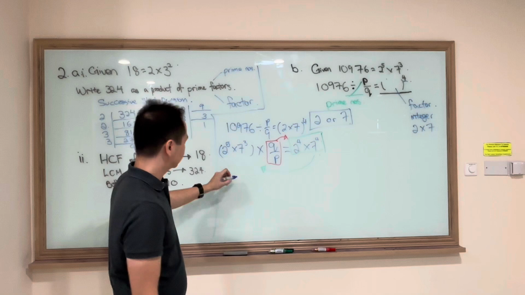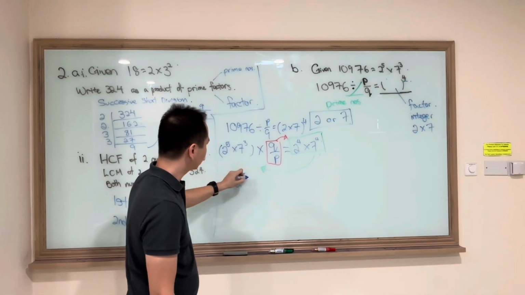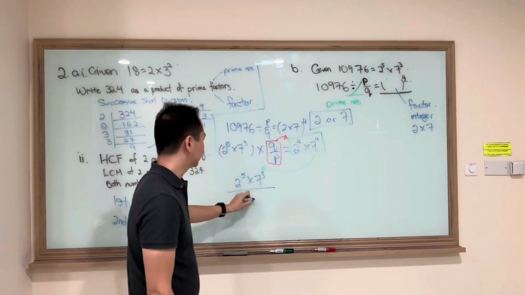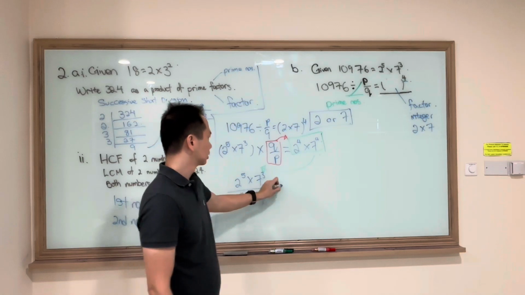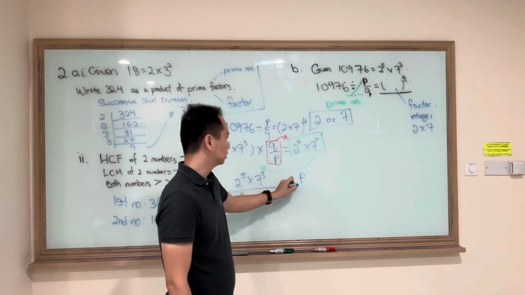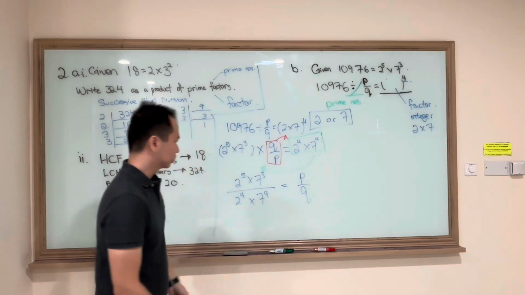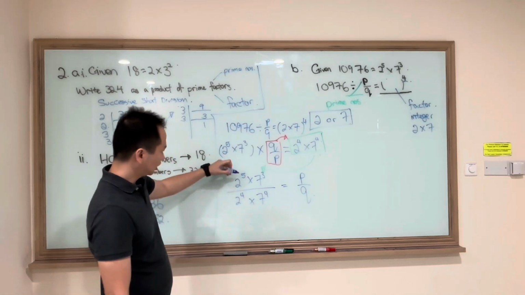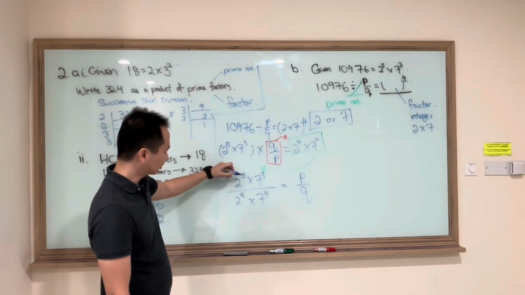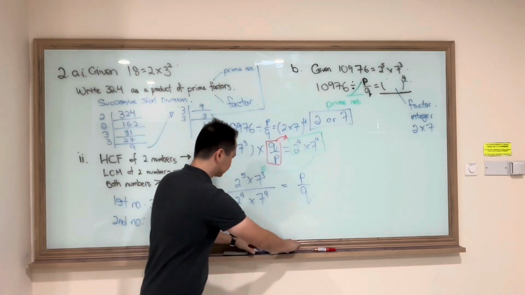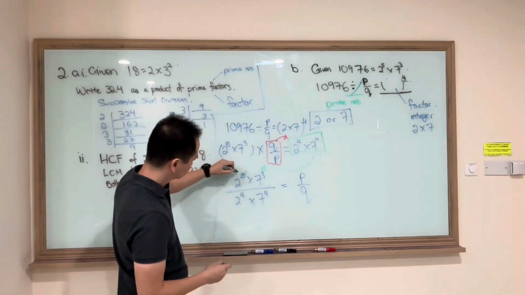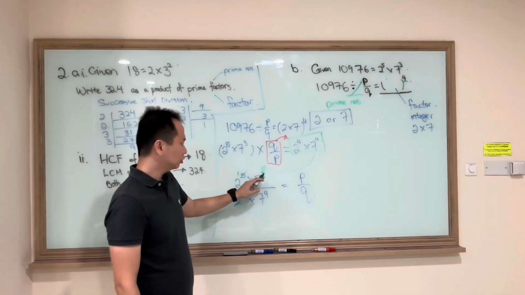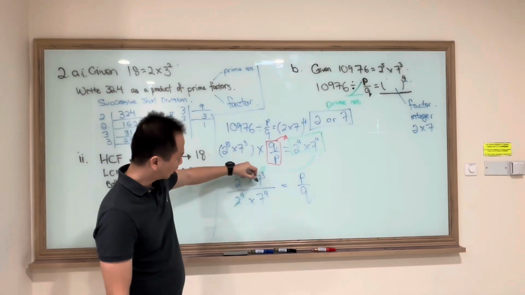So if I rewrite, it will look like this: 2 to the power of 5 multiply 7 to the power of 3 over 2 to the power of 4 multiply 7 to the power of 4, which will give me P over Q. Let's remove all the common terms and do the division. 2 to the power of 5 over 2 to the power of 4, I'll get only a 2. 7 to the power of 3 over 7 to the power of 4, I will have